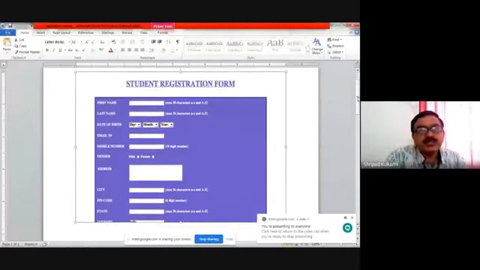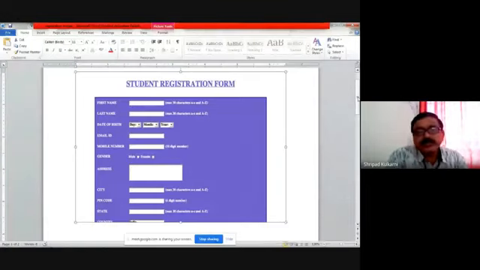Yes, this is the main part we require on your registration page. Suppose you are making your students registration form. So what should be required there? We require first of all your name, first name, last name. Then a very important part we are taking from the user side, that is date of birth. That date of birth divides again into three parts. First is days, then month, and then year.